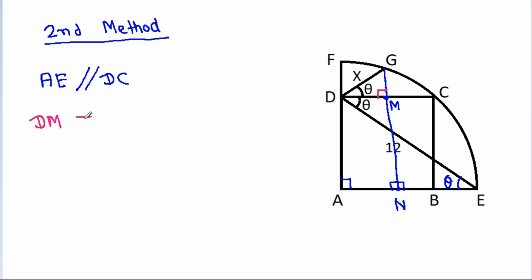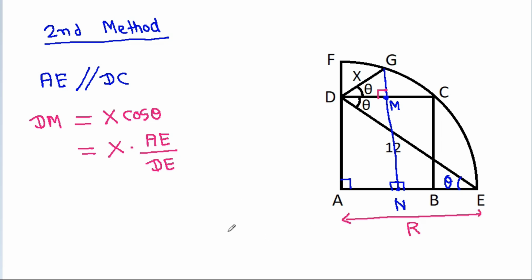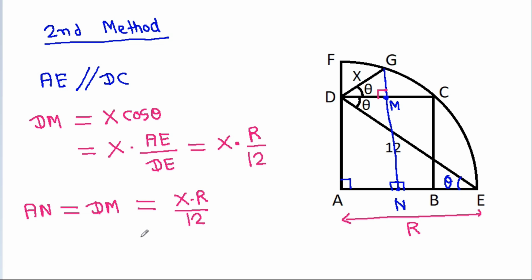So DM, it will be equal to x cos theta, and it is equal to x, and in triangle DAE cos theta, it will be AE by DE, and AE is radius, so it will be equal to x times r by DE is 12, and AN, it will be equal to DM, that is x times r by 12,